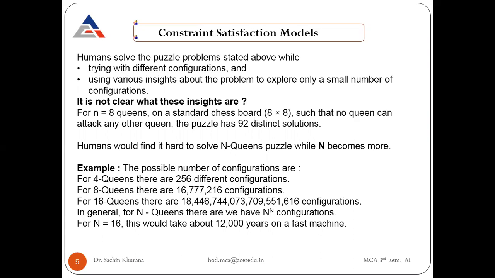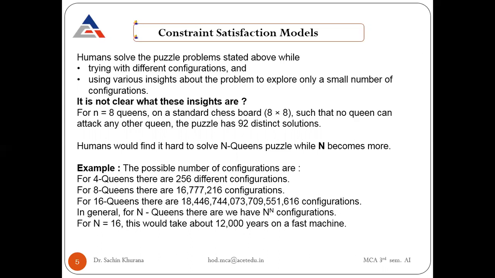This is the human way, so there is no clear-cut rule through which a human being places these queens. If we want this problem to be solved by a computer, you have to give clear guidelines for the computer to find the location on which the queen is to be placed, such that it is not attacked by the queens already present on the board. Because you keep one queen, and now if you are going to keep the second queen, its location should be such that it is not attacked by the first queen. Then you start with the third queen. The location of the third queen should be such that it is not attacked by the first two queens.